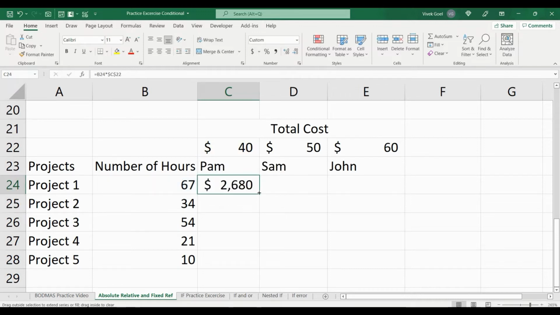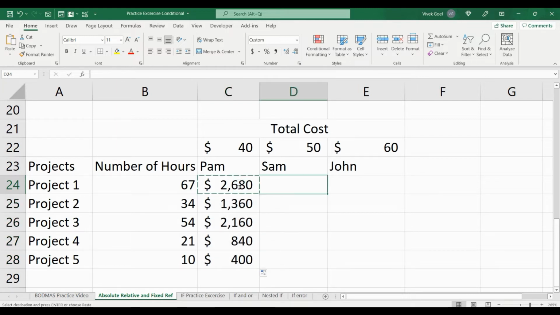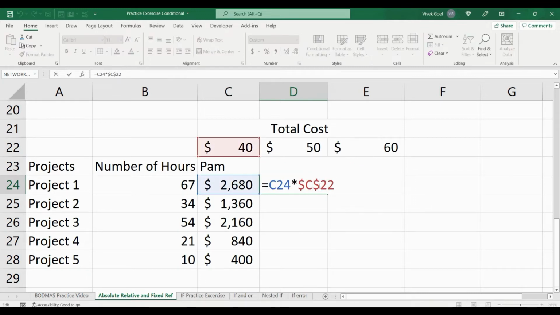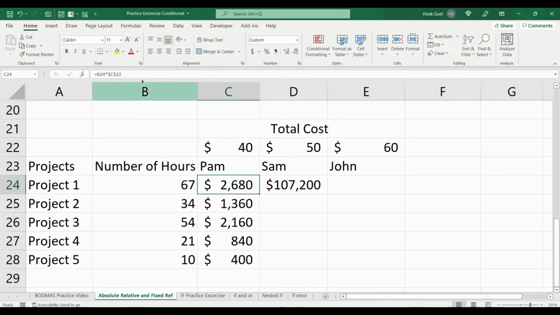Now the values for Pam are getting calculated correctly, but if we copy the same formula for Sam, we are getting incorrect results. Let's look at our formula here and we see instead of taking the hours as 67, it is taking the value for Pam, which should not be the case. Also, the hourly rate is incorrect. It should be 50. But since we have made absolute reference for this cell, it is still taking that as 40. So we need to make two changes here.